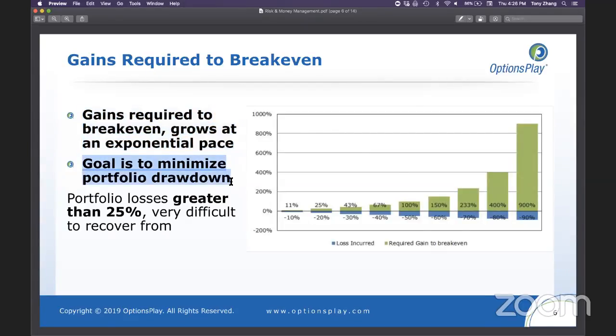So the goal here is to minimize your portfolio drawdown. And the rule of thumb, generally speaking, is that whenever you have portfolio losses greater than 25% of your entire portfolio, it becomes very difficult to recover from. The reason for this is that if you lose 30, 40%, you need to almost double the amount of winning trades just to get back to break even. Now, I don't know about you, but doubling the amount of winning trades that you have today is an almost impossible feat, especially if, let's say, you're right on your trades 50% of the time. Now you have to be right 100% of the time on the next number of trades just to break even,